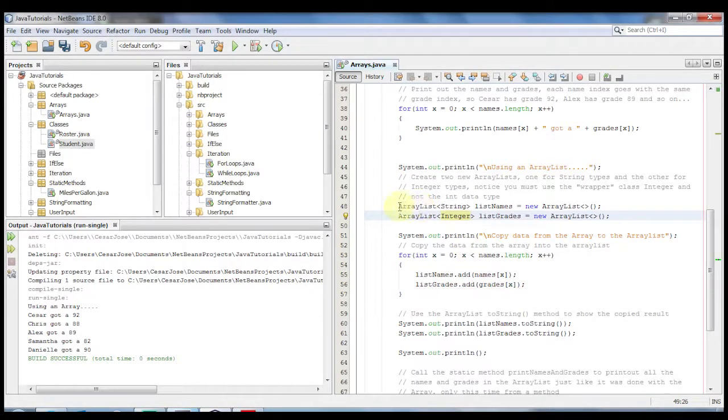And let's take a look at this. ArrayList of type String will be called listNames. That way we know it's an ArrayList of names. It gets the value of a new ArrayList with the empty angled brackets and then the empty parentheses. And the same for the grades. ArrayList of type Integer, call it listGrades, gets the value of new ArrayList, empty angled